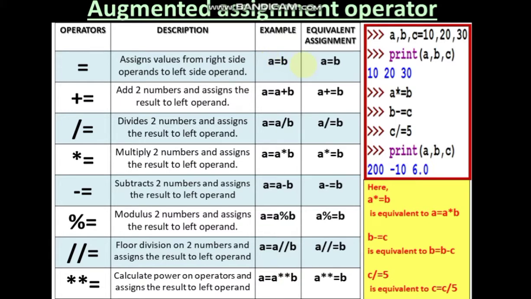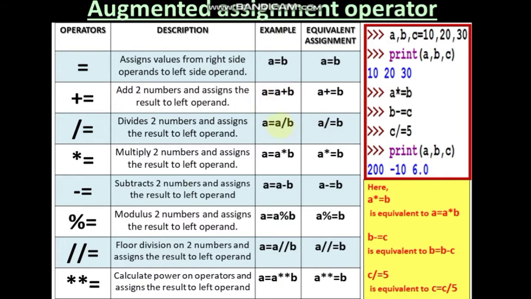So equal to works like this. Now we can write a += b. Actually this is a = a + b. Now in short you can write a += b. That makes sense of a = a + b. The calculation goes like this. That is, whatever is the value of a, whatever is the value of b, that will be added at the right hand side, and the new value will be given to a now. So a will get a new value.